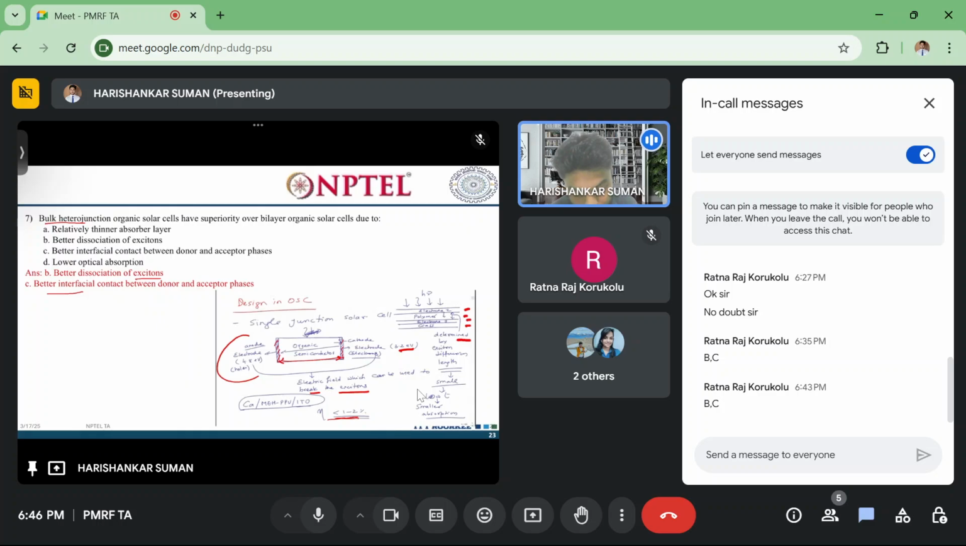So the bulk heterojunction organic solar cell has better dissociation of excitons and also better contact between donor and acceptor phases, electron and hole, with respect to the bilayer. Okay,